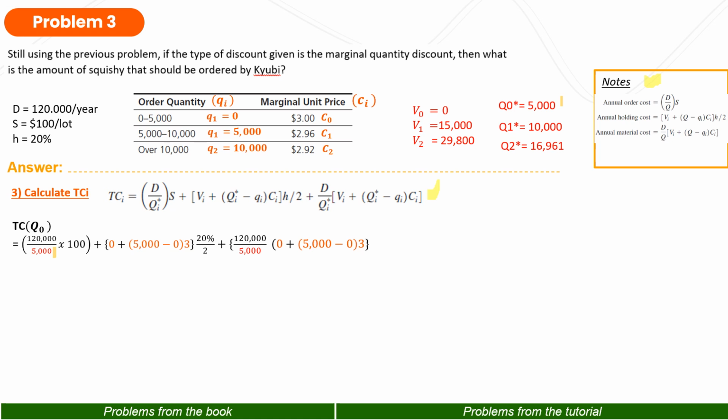The Q star of the Q0 is 5,000, times the order cost, that is 100, plus the V0, that is 0, plus the Q star 5,000 minus the little q0, that is 0, times the cost, that is $3, and then it is times 20% divided by 2, and then plus the annual demand divided by the Q star times the 0 plus 5,000 minus 0 times 3, and we got the total cost for Q0 is